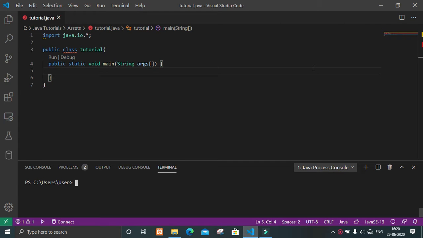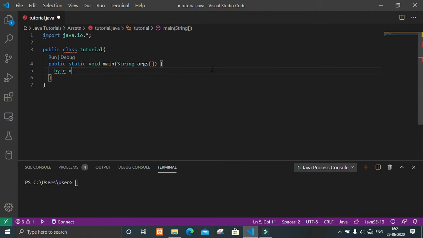So first we got here byte, and the byte data type can store whole numbers from -128 to 127. This can be used instead of int or other integer types to save memory when you are certain that the value will be within -128 and 127. So let's show with an example.